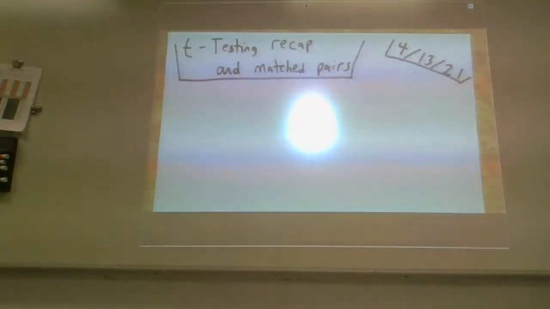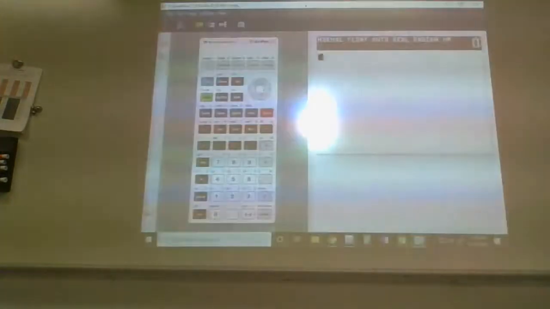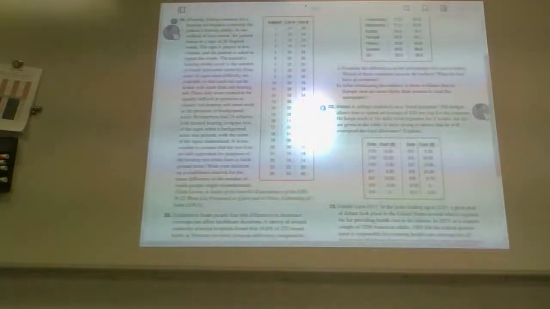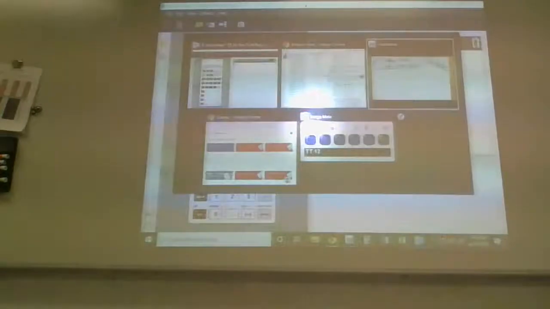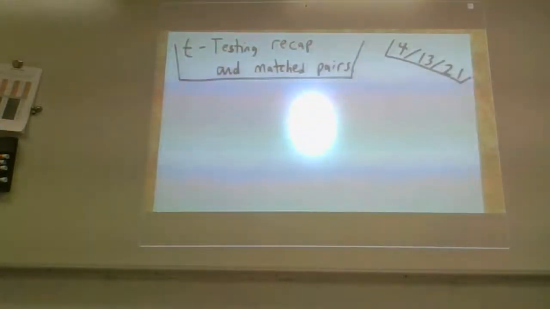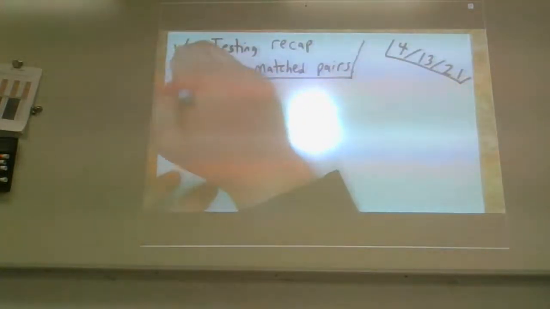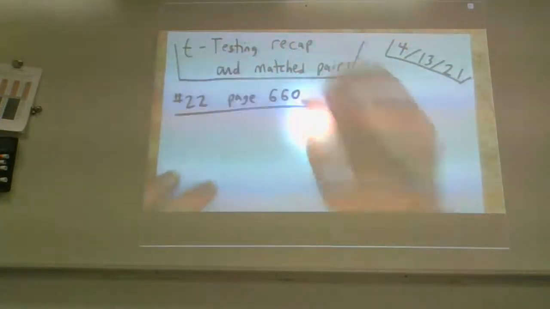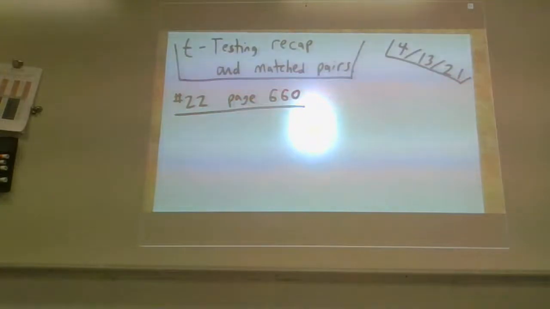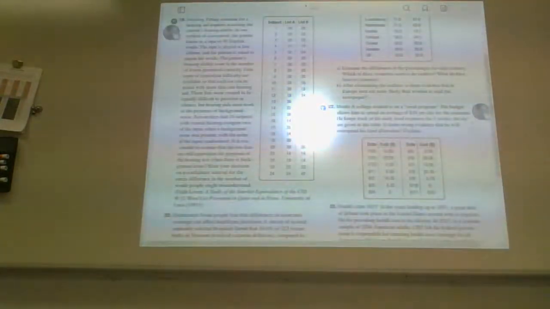What I would suggest for everyone, what they already did, having the Chromebooks out so that you can reference the online textbook if need be, and the calculator, of course, but also the notebooks. I'm going to be jumping back and forth between the three. I got them all. It's fantastic. The problem that I would like to start with is number 22 on page 660. So that's the reference if need be. I'm jumping to that one right there.